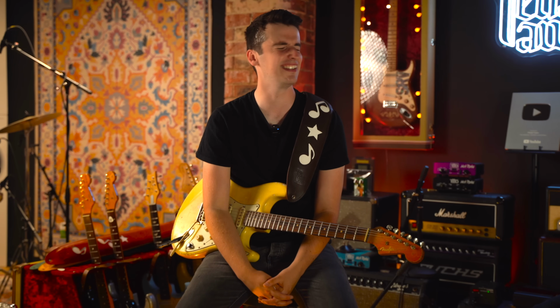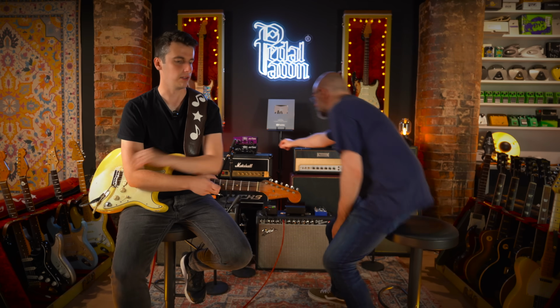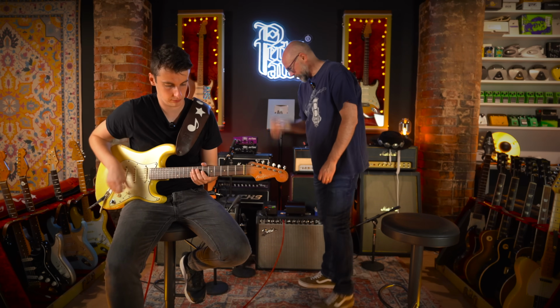Can you hear a difference between -16 and 0 dB? No, I think any difference would be down to that. Some attenuators, the downside a lot of people say is they lose the tone. But I'd like to hear the recording actually. Go the other way, play at the low volume. So this is not doing anything on that one, right? That's right, yeah. So if I go back up, then we can...